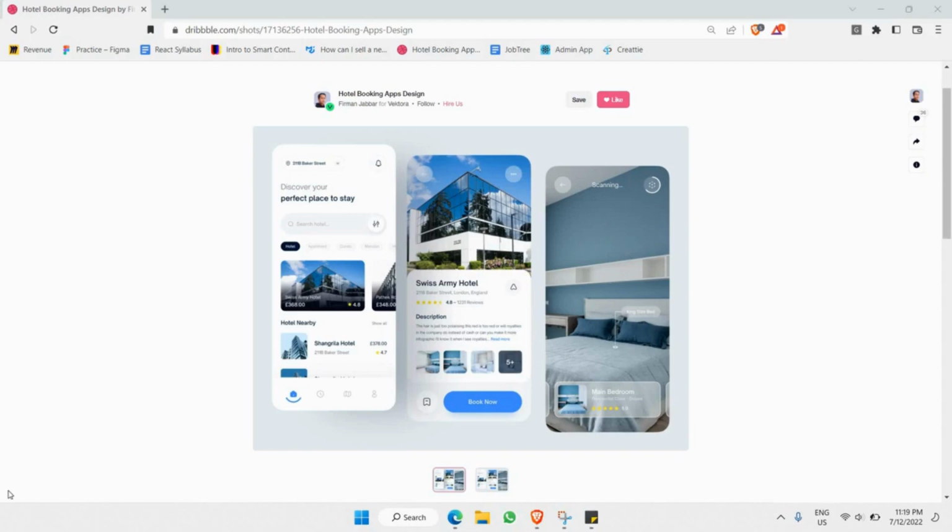Hello everyone, welcome to another video of UI UX designing. For today's video I have chosen to design this particular hotel booking app, and I'll be walking through every single step that I will take to design exactly like this. And of course I will be utilizing all the good practices used by UI UX designers to craft